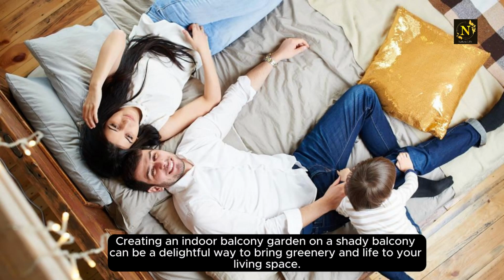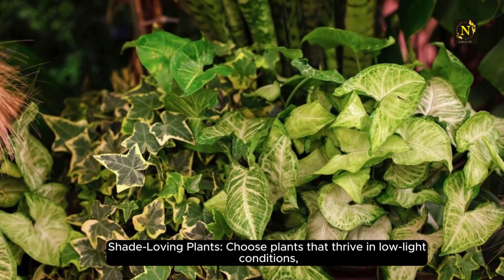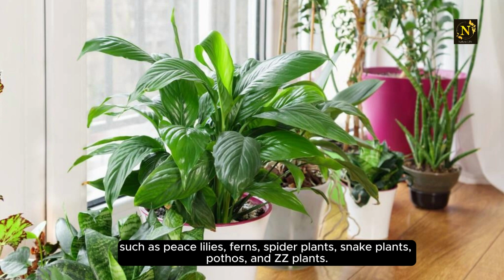Creating an indoor balcony garden on a shady balcony can be a delightful way to bring greenery and life to your living space. Here are 10 amazing indoor balcony garden ideas tailored specifically for shady balconies. 1. Shade-loving plants. Choose plants that thrive in low-light conditions, such as peace lilies, ferns, spider plants, snake plants, pothos,